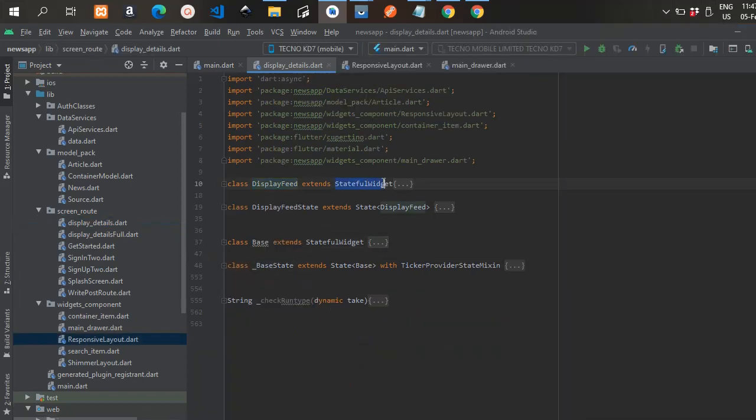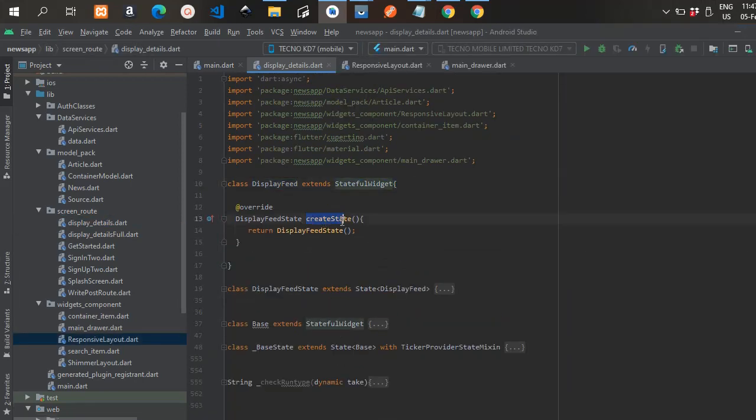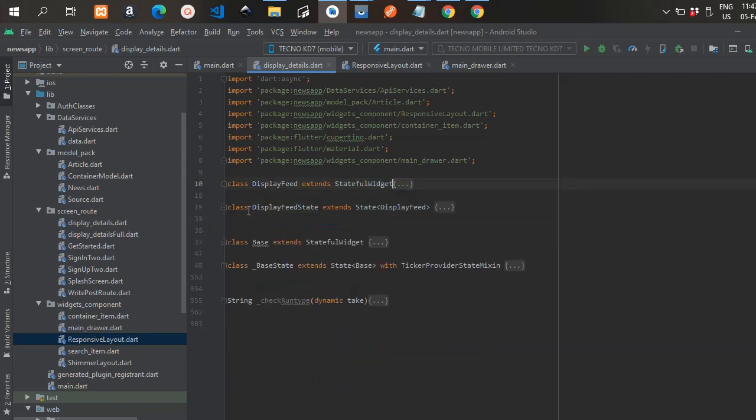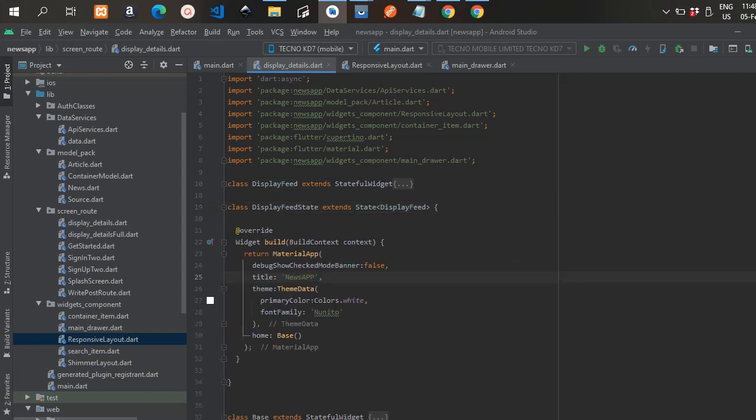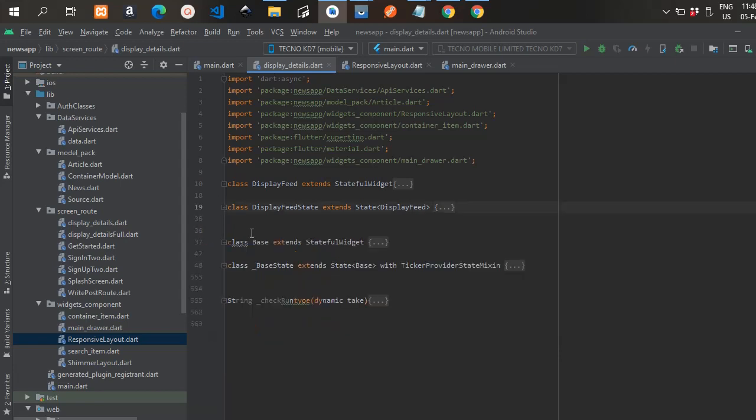Okay, so here we have the display feed and it extends the stateful widget. The stateful widget overrides the create state, and it has another class, a display feed state, which extends the state and you pass in the display feed. And this has a build method, overrides the build method. It has a theme data. We have a primary color, and also we have a font family. So in the home property of the material app, we have a base. So the class base extends the stateful widget too. This all makes up a stateful widget, and